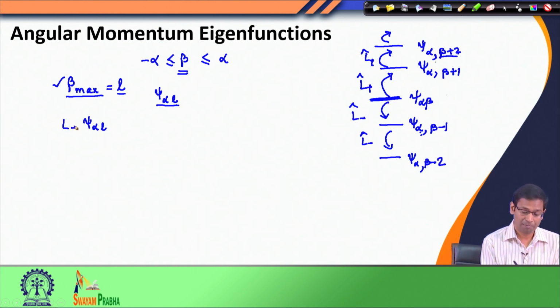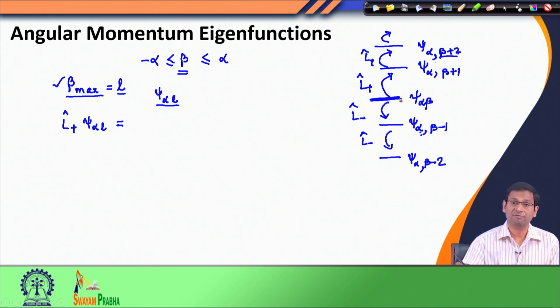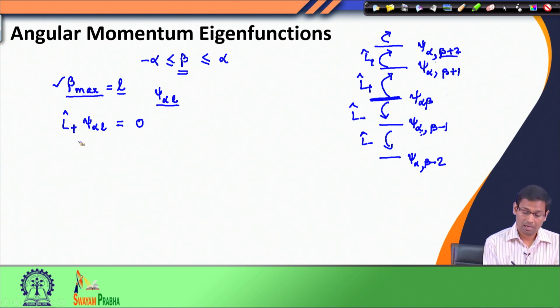If I apply the L plus operator on this, what would I get? Since the L plus operator's action always takes the eigenfunction to the next eigenfunction, psi alpha L will be taken to psi alpha L plus 1. But I know L is the maximum value of beta. Therefore, there exists no other function above this. This is the upper bound. So, in this case, the action of L plus on psi alpha L should give me 0, and I will continue this